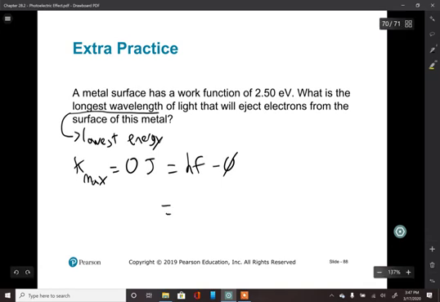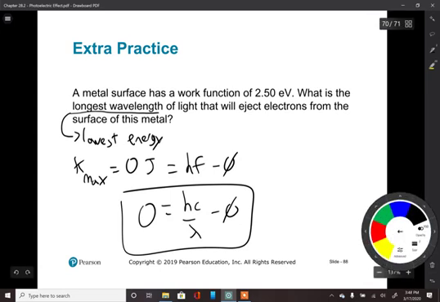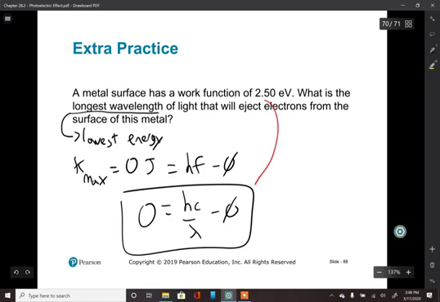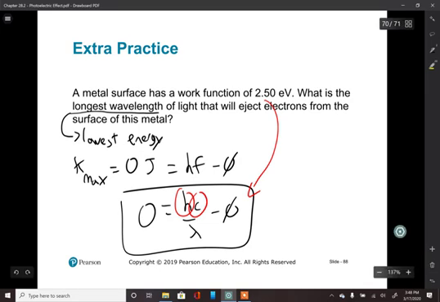But we know the relationship between frequency and wavelength, which comes up a lot. That one's actually kind of worth remembering. And so this is the equation we really have to solve, right? We have all the pieces to do that. There's the work function; those are just constants. Solve for the wavelength, right? If you do that, rearranging first, you'll get lambda is hc over phi, and then you plug in your